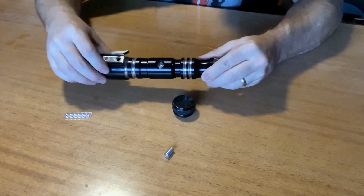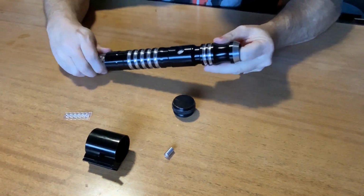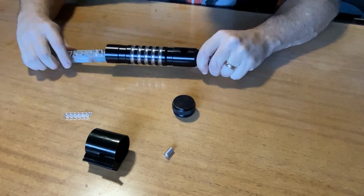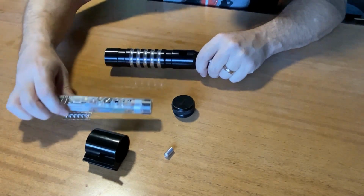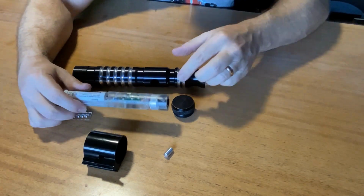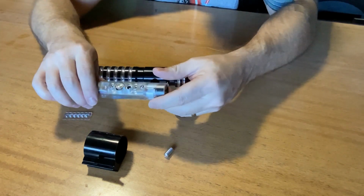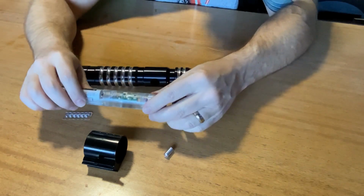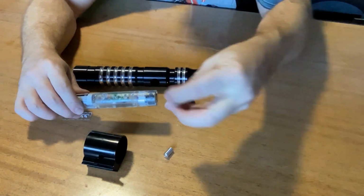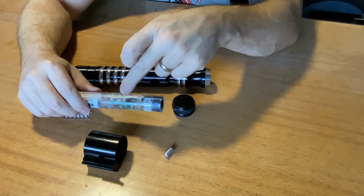So in order to make the whole thing work, I had to get in touch with a machine shop. There we go. Well, it's a snug fit. We're not going to argue that. So what I had to do, on the back end of here, there's two screws that hold those brass units in place, and I needed set screws, which I have here, that screw inside of there to push the whole button